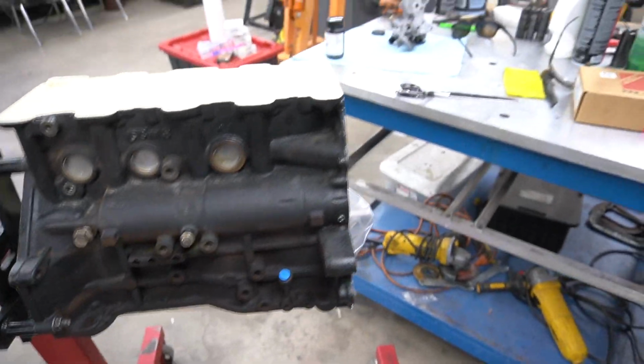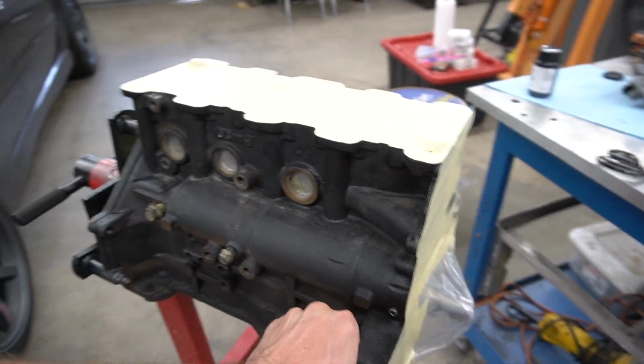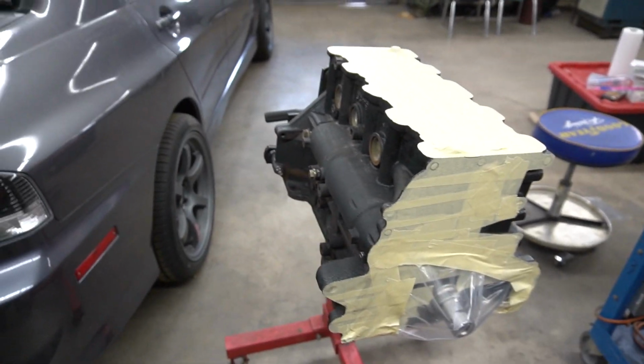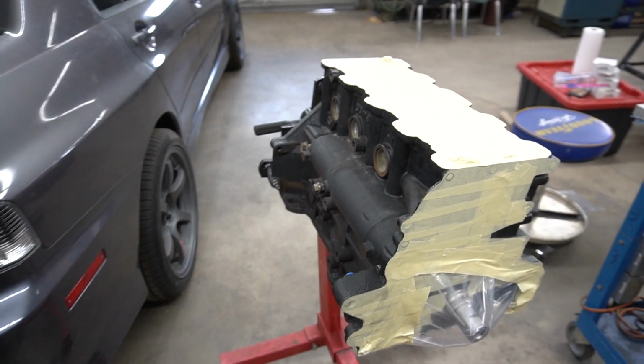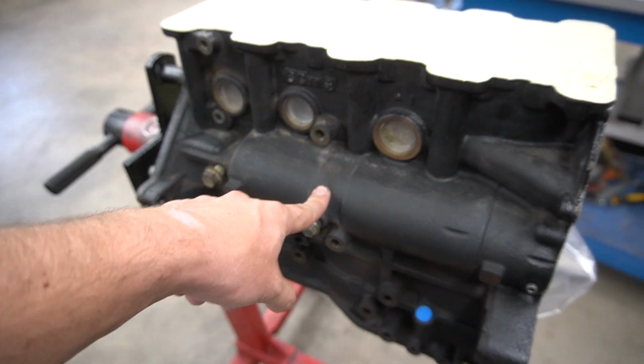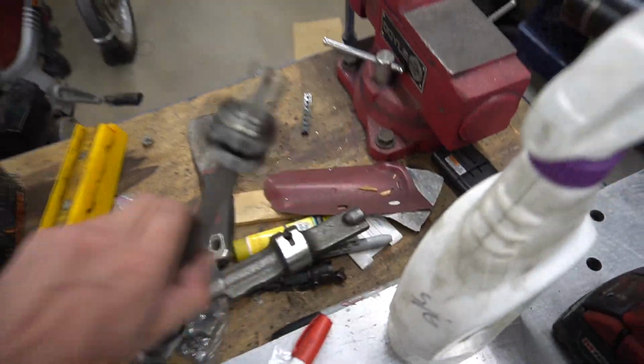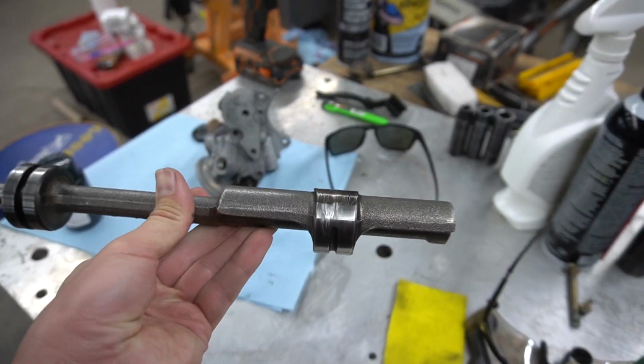Sorry to talk too much about this because this is prepped for paint, Cerakote now. Since I'm so far delayed on parts, it's gonna be till probably middle to end of the week. But this is where my balance shaft was in here. Since that got chewed up when my balance shaft did this whole thing here,